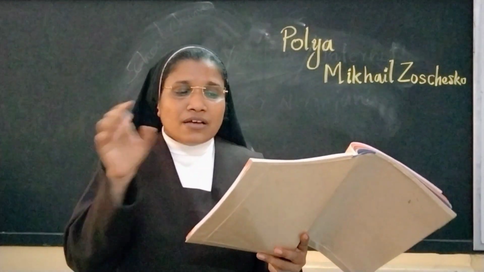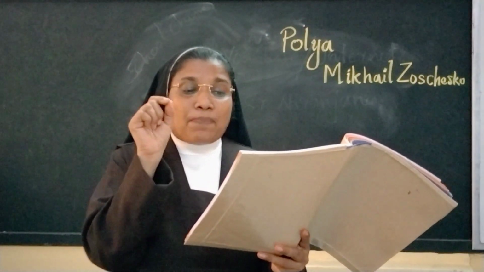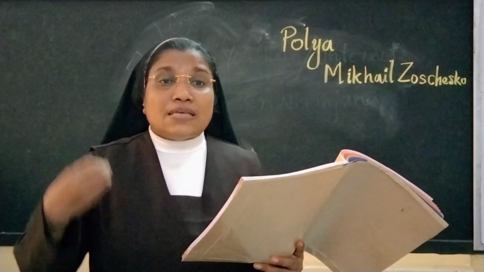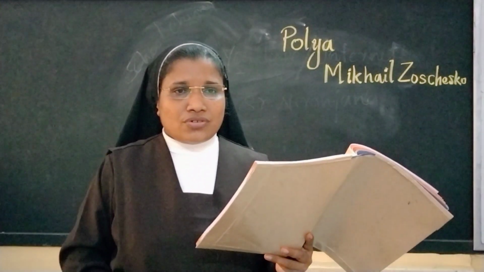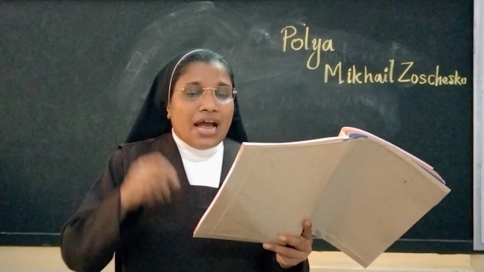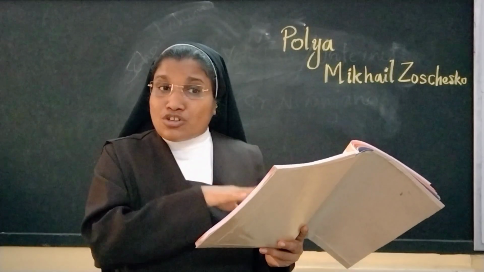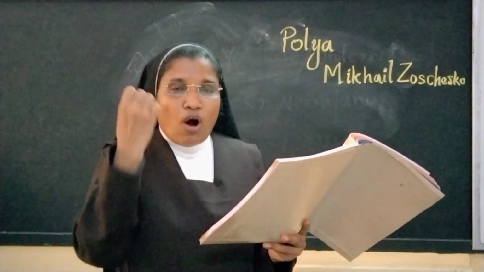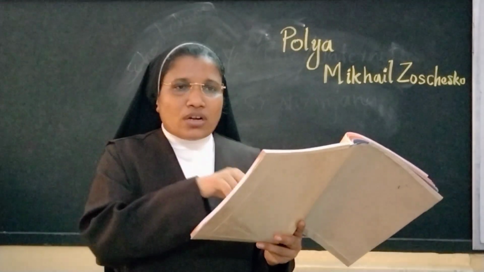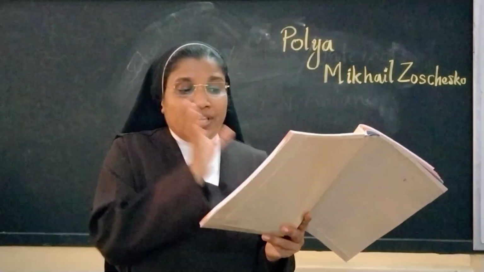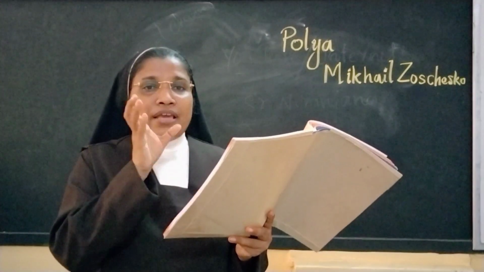Complete the following sentences using the word who, which or that. The first one is done for you. A teacher is a person who teaches. The nurse is a person who gives injection. A carpenter is a person who makes benches. So here, a dictionary used for reference. So how can you write dictionary? Then it is not a person. So you should know what we have to use there. Who, which, that. What is the word that you have to connect there? This is the house that Jane built. So here it is a house. So what is the word that should be added here?